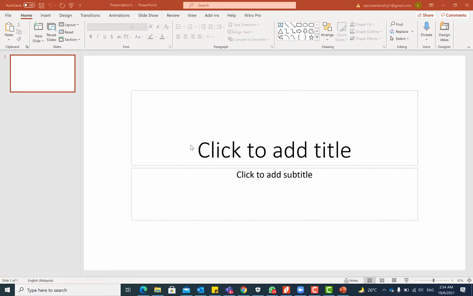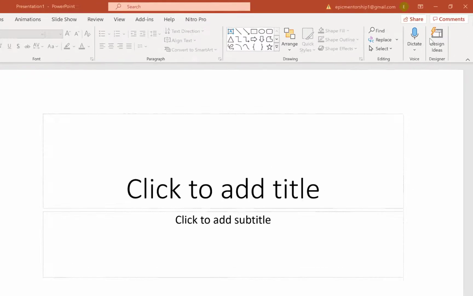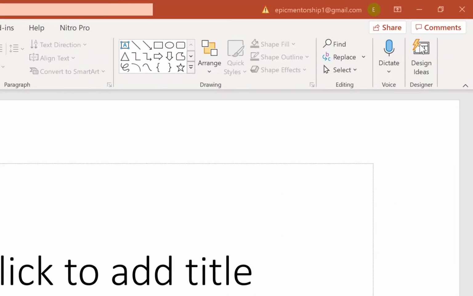So guys, here I am on an empty slide that I just opened on Microsoft PowerPoint. So the first thing you need to do is to stay on the home page and navigate all the way to Design Ideas. This is a new feature, but it's very helpful, recently introduced by Microsoft. It can give you different kinds of ideas while you design the PowerPoint. It makes work virtually easy. So all you need to do is to click on it,